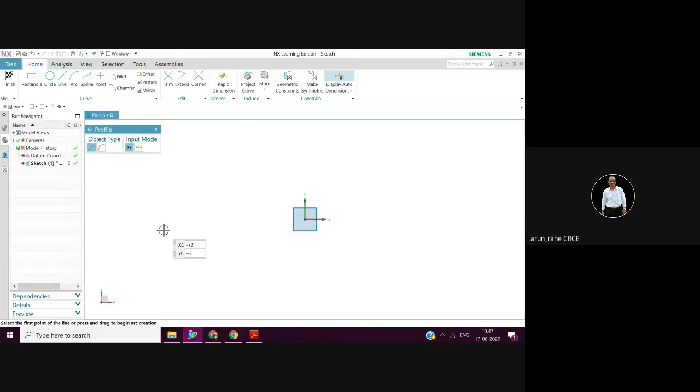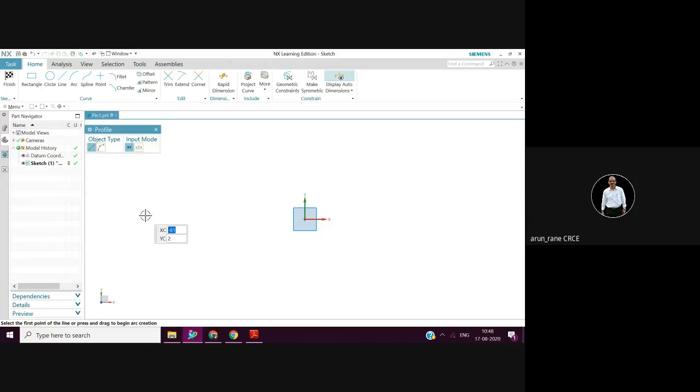So this is what you got. Is it clear, Renan? Yes. You go into sketch and select that plane. So please write down. First you have to go to modeling. Then in modeling, go to the file. In file, new, and give the file name.